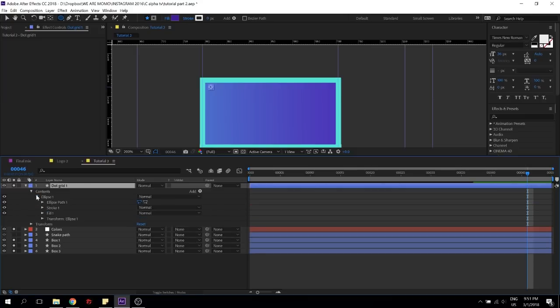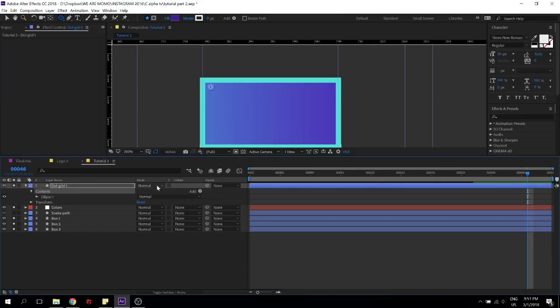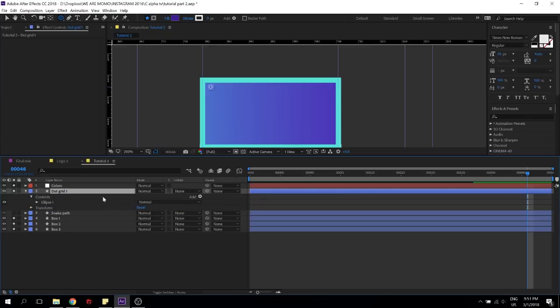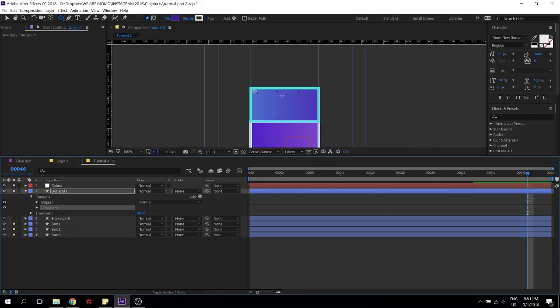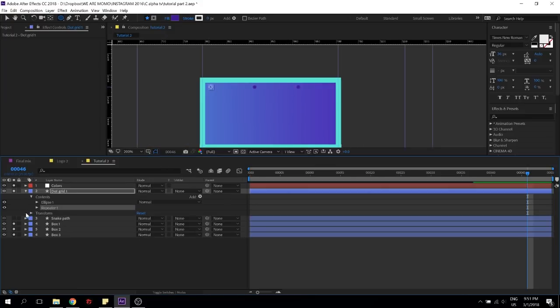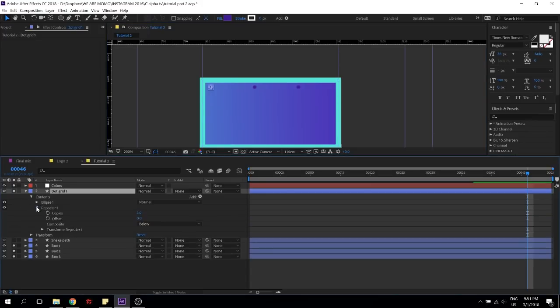And if I go inside ellipse, inside my content, there's this thing in After Effects inside every shape layer called a repeater. So you can see that what it does is just repeat circles. If I just move one circle, it's gonna move the others. If I modify it, it's gonna modify the others as well. So it just repeats whatever the first circle is. That's pretty cool. But then that's too far.